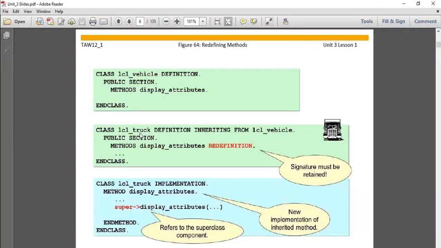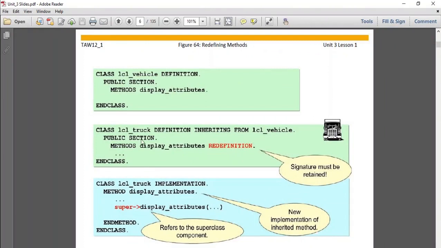As you can see, this method display_attributes is defined in the base class, and we are redefining it in the derived class. Then when we create the object of this derived class, which method will it call? It will call the method of lcl_truck.